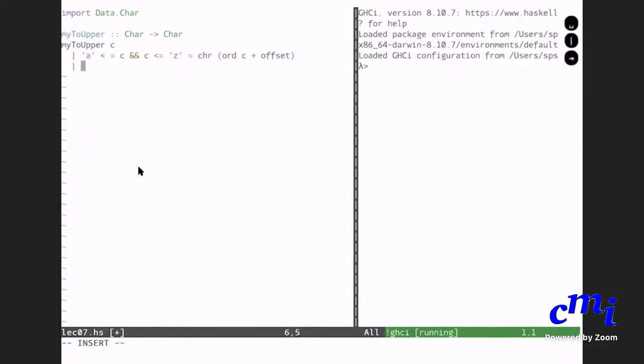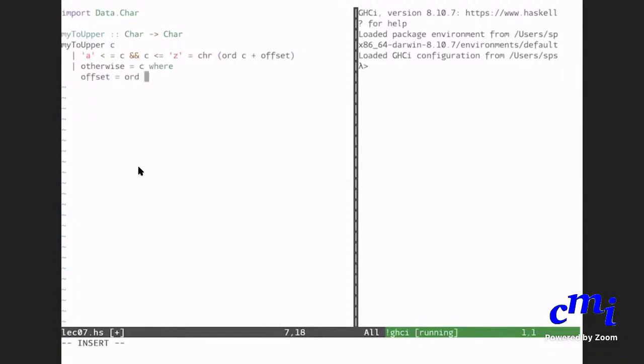Otherwise, you just return C, where offset equals... So you want to convert small a to capital A, right? So what is the offset?